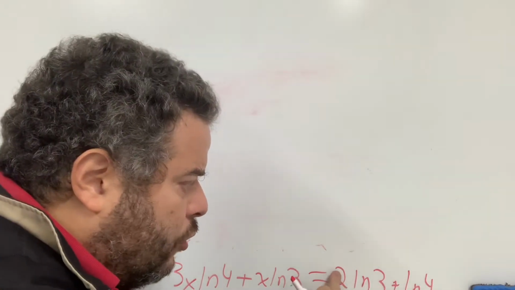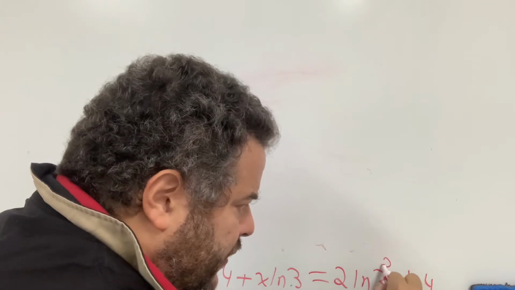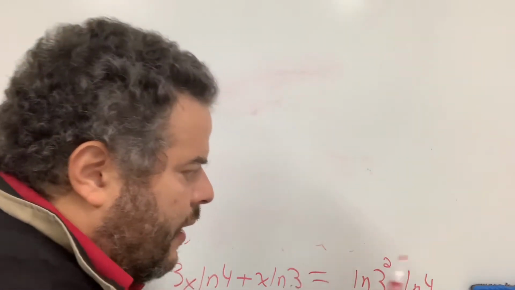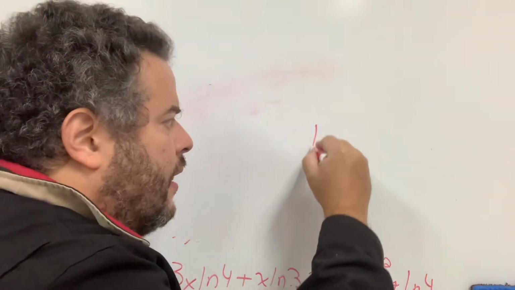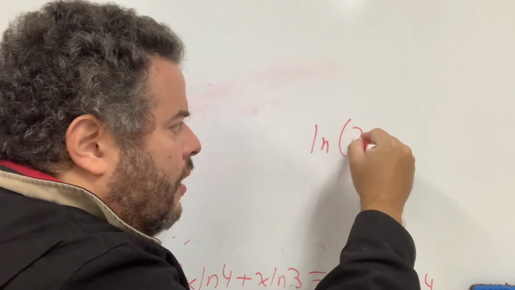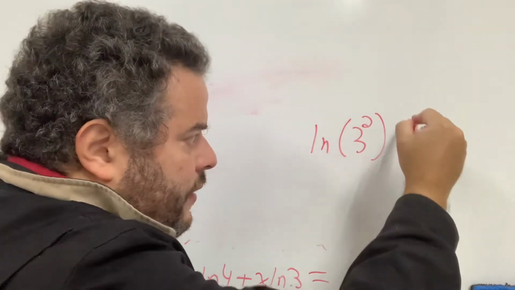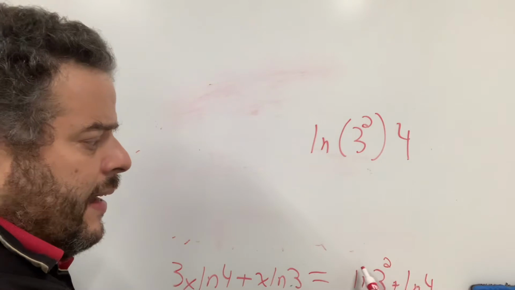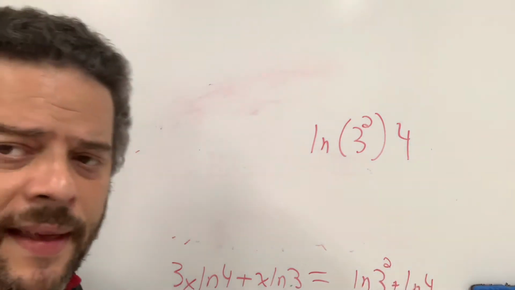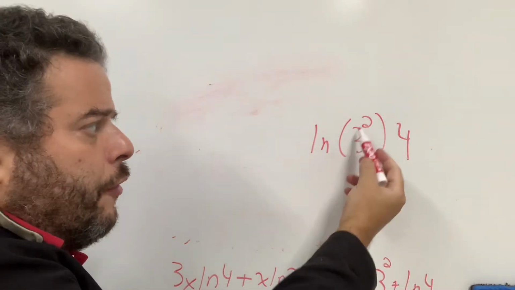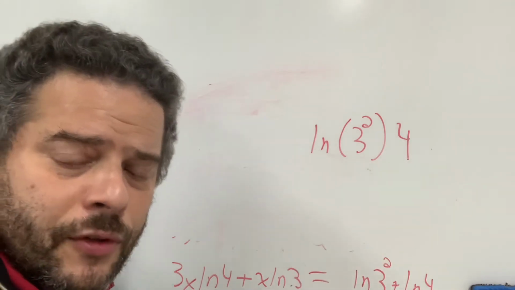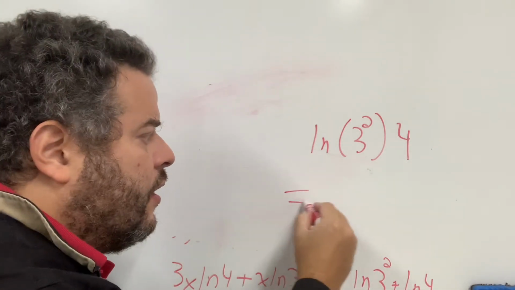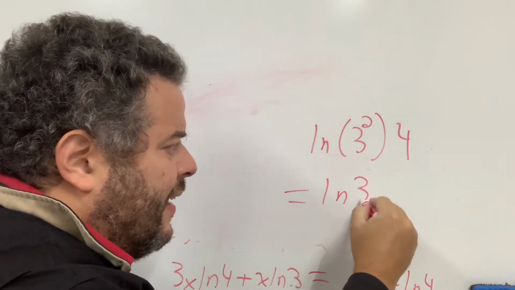So this 2 gets sent up to this 3 as an exponent. And when I condense these two, I have natural log of 3 squared times 4. Again, because the 2 went up as an exponent. Now 3 squared is 9 times 4 is 36. So on the right-hand side, I have